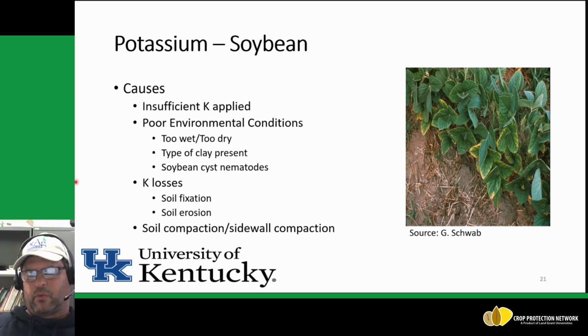They can damage the roots and influence the effectiveness of the roots actually taking up the potassium, more so probably than the other nutrients. The K losses: soil fixation, depending on the type of clay, and then soil erosion, and then soil compaction, sidewall